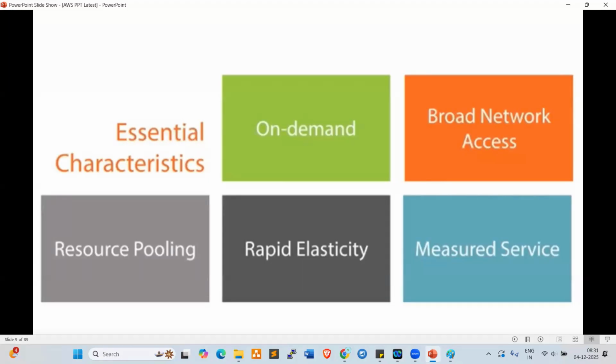Rapid elasticity means we can increase the resources on the fly without any downtime. For example, on your laptop you're doing some activity and it is giving a performance issue. Can you increase the RAM immediately, without shutting down the laptop? Is it possible?